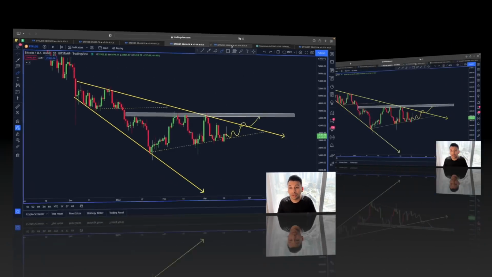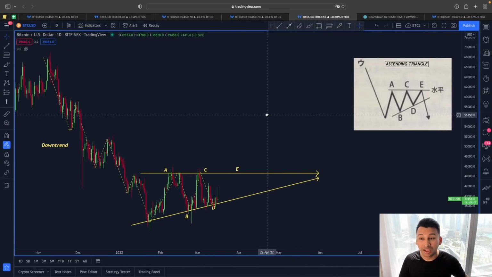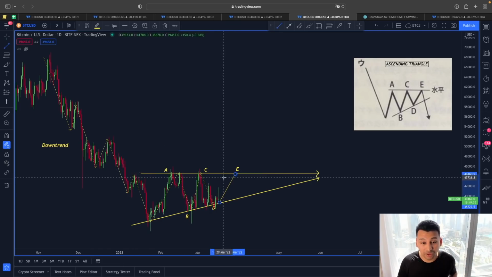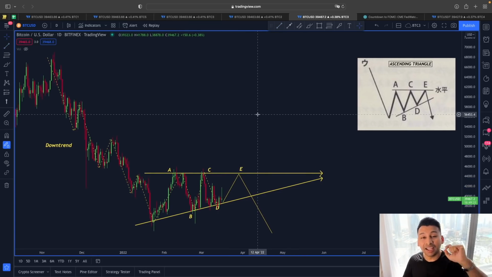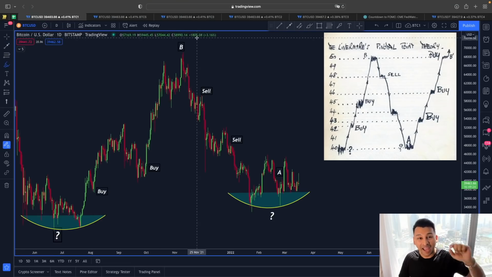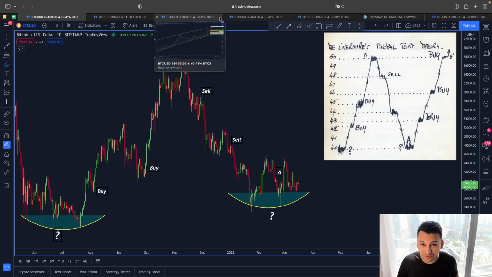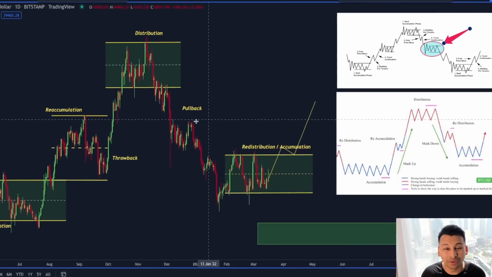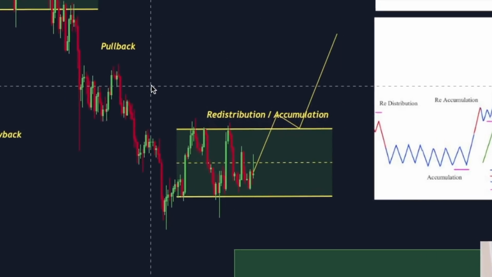bullish, because we have seen the price of Bitcoin in a bit different way is still forming this ascending triangle, and according to this ascending triangle, the price of Bitcoin could be approaching towards the point E area, which is again the upper line resistance 45,000 range, and another pullback here in this manner. So that is also a reason that the price of Bitcoin could invalidate all this bearish scenario and start this new market phase from here on, and also making this an actual accumulation and not a redistribution phase from